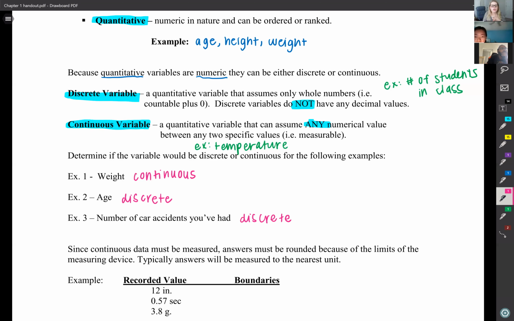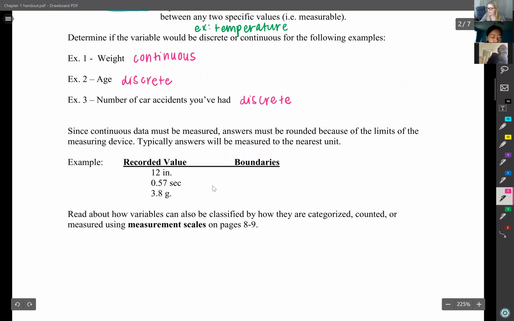And if you look into doing homework 1, part of it, you will see some questions like this, where it just gives you something and asks you if it's discrete or continuous. I don't remember exactly the sections that are covered in homework 1, but I know that sections 1.1 and 1.2 are. So after today, you could definitely do part of homework 1. There'll be questions similar to things that we talked about. But there is one more thing that we're going to cover today. And this talks a little bit more about continuous data.